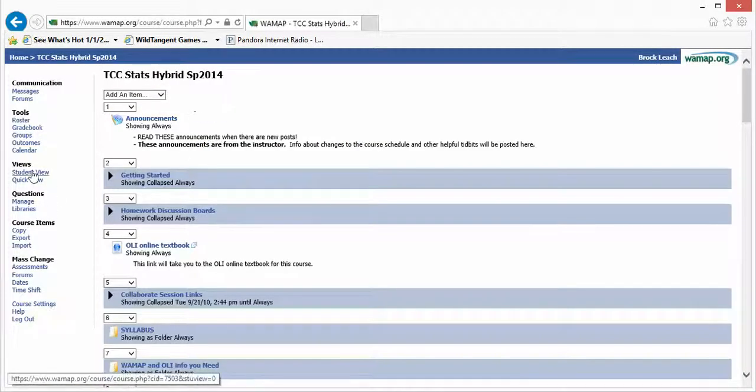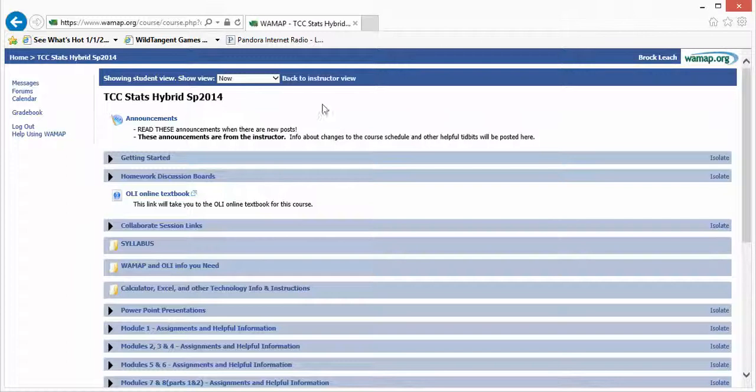I'm going to go to the student view so you can see what it is that you see. Here at the top of the page is this place where I will post any announcements. I also send those out as messages, which any messages I send, you'll see a little red number next to it that tells you that you have a message, kind of like an inbox. Sometimes I do post announcements here though. This is the tab that you want.